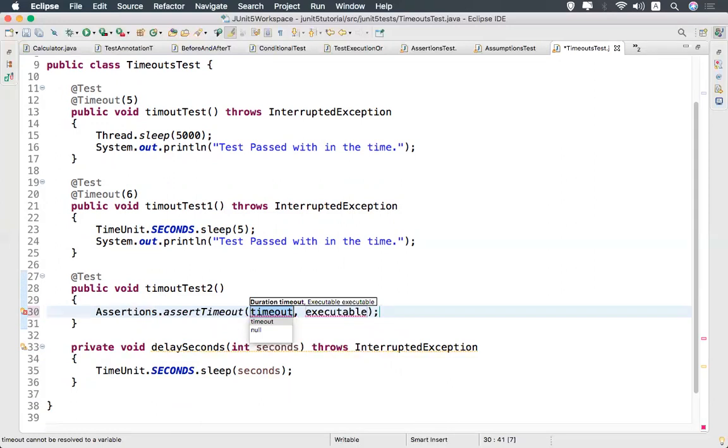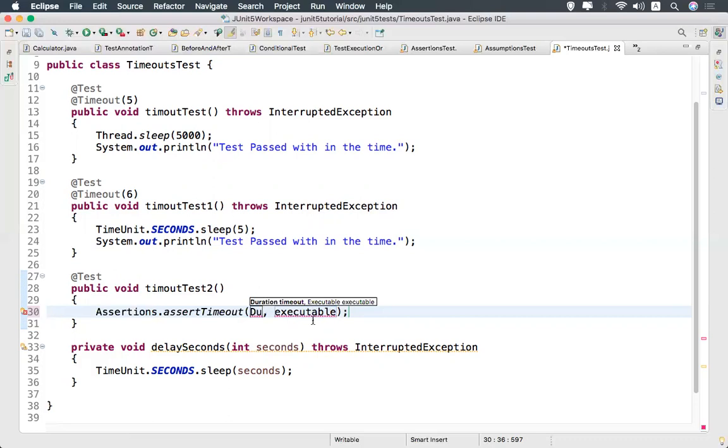We need to mention the timeout. You see, it is giving me a Duration and an Executable. Executable means some executable method.